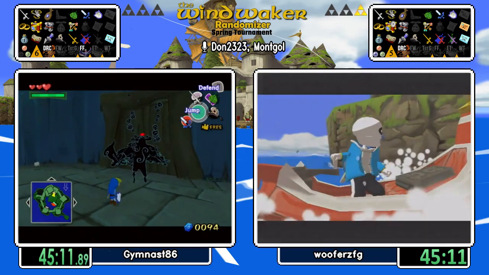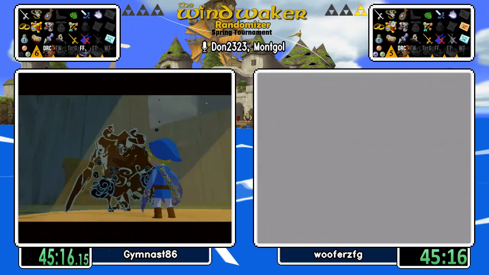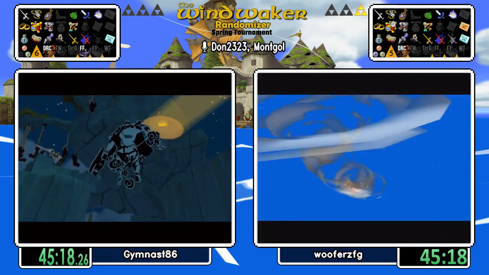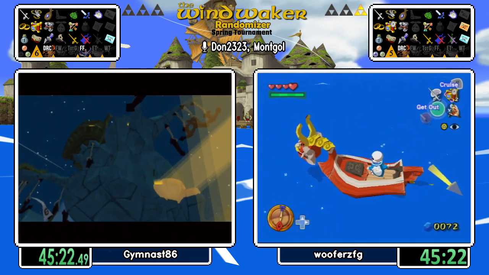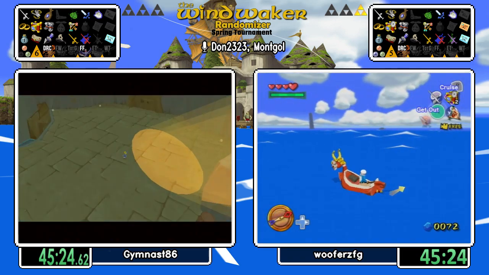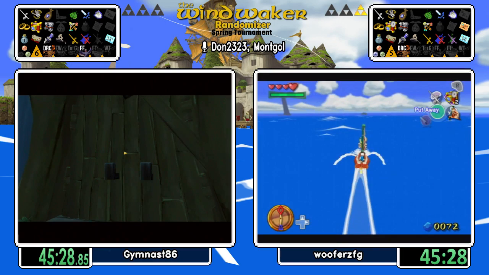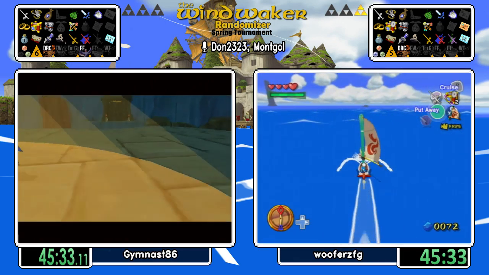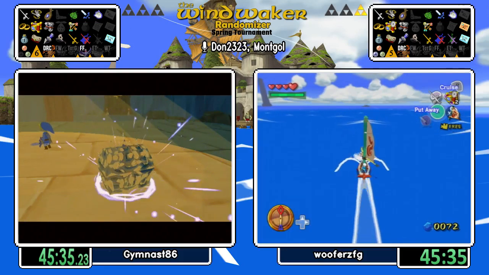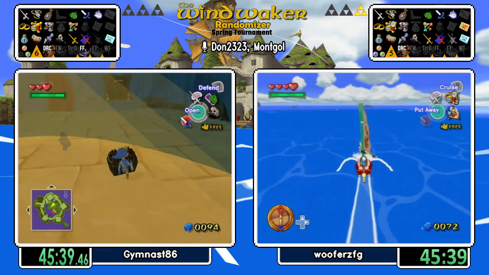We have one more required item for Go Mode there, and it is the Master Sword. He still has to get one more upgrade. And seems like Woofer's gonna go for the Ice Ring and Angular combo. He's opting to do a lot of the overworld before going back into a dungeon, it seems. Not necessarily a bad thing. Yep, for now, Gymnast didn't find anything in Forsaken Fortress, so...